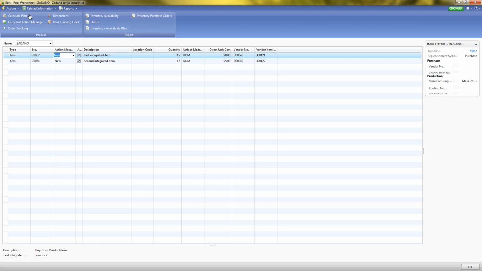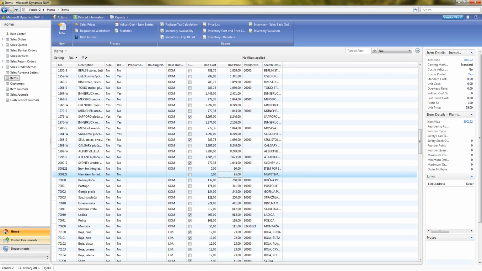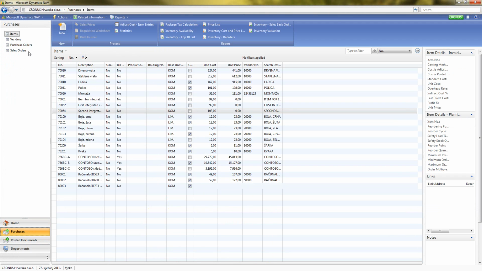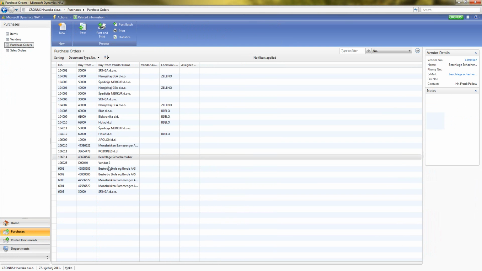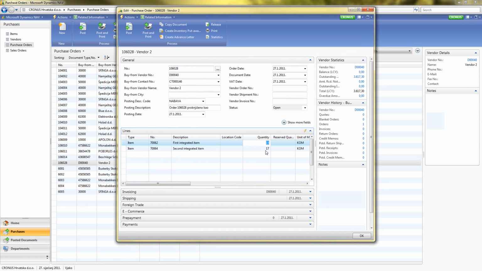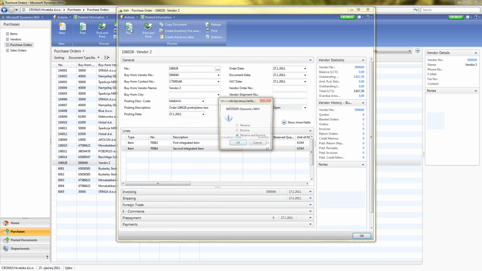So I say new. When I carry out action messages, I'm going to get an order for my vendor number 2. If I go to my Kronos company and I go to purchase orders, I will see that there is an order for vendor number 2. If I open it, it says that it's purchasing 15 of the first item and 17 of the second item. So when I post this order,